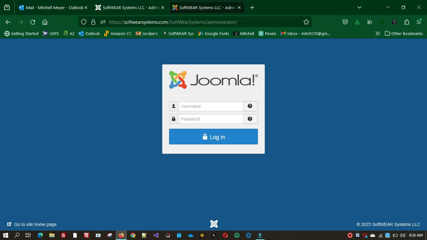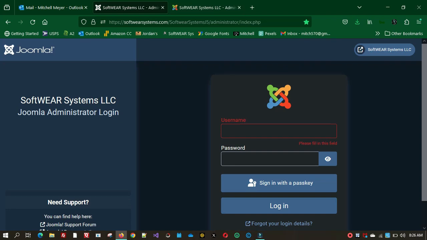This is the back end, and they both got basically the same simple procedure, username and password to get in. But the interface looks a little different. But it's the username and password that you've been supplied with from software systems. So right now, let's go ahead and pause this recording and log in and show you what it looks like